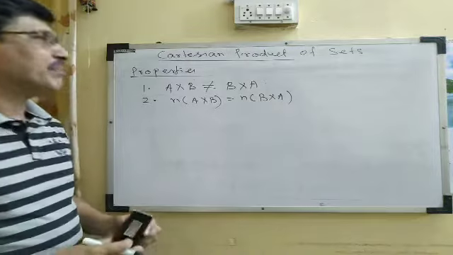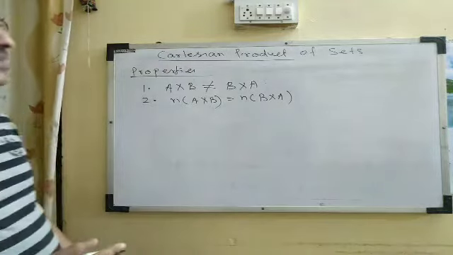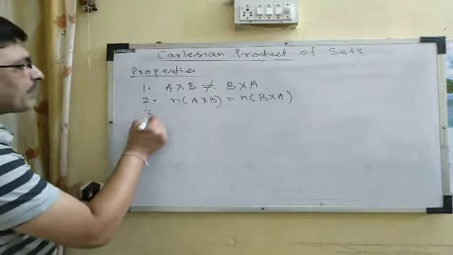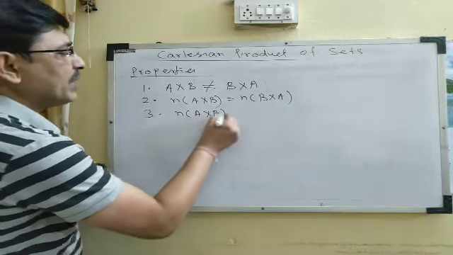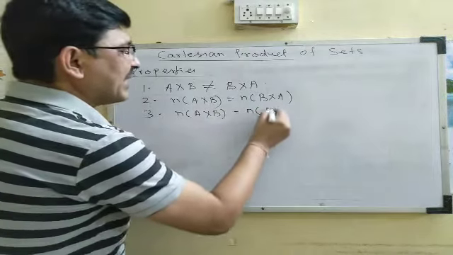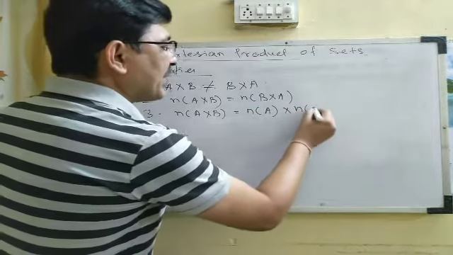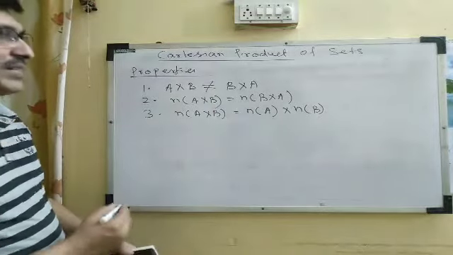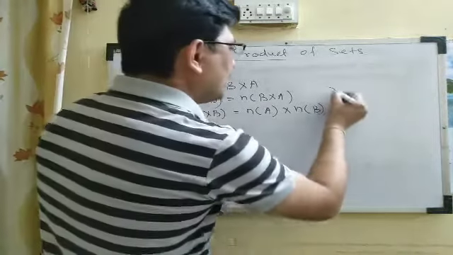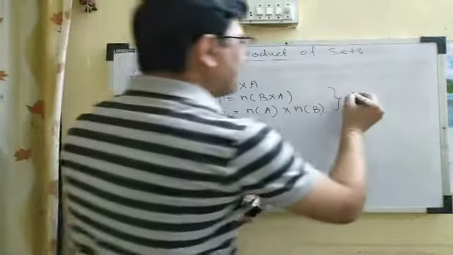इसको भी हम लोगों ने डिस्कस कर लिया था. अब थर्ड प्रॉपर्टी अगर मैं लिखता हूं यहाँ पे, number of element in A cross B is equal to number of element in A multiplied by number of element in B. सो इसको भी हम लोगों ने डिस्कस कर लिया था. बट ये जो दोनों है, ये दोनों तभी होगा if A and B are finite sets.